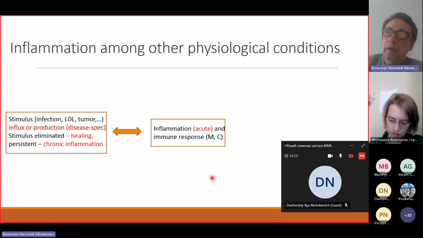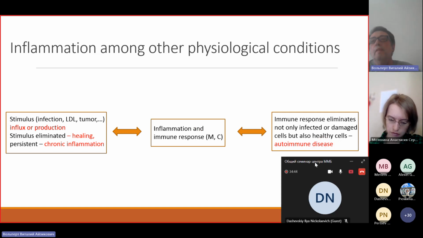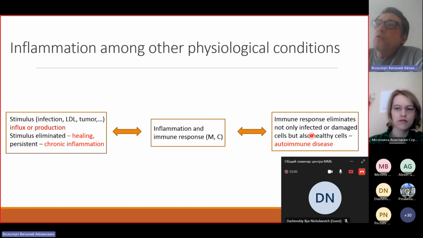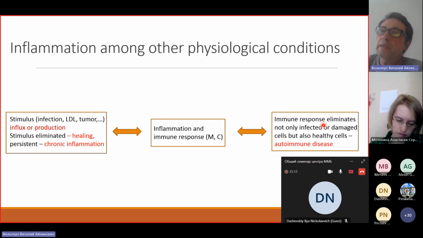Let's go further. The next step is that, as we know, immune response eliminates, for example, infected cells or tumor cells, but for some reason, which sometimes or rather often is not known, this immune response can begin to eliminate not only infected or damaged cells, but it can also eliminate healthy cells. And in this case, we have an autoimmune disease. On the other hand,